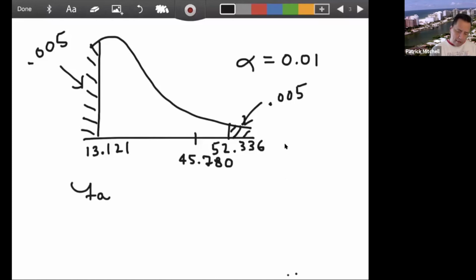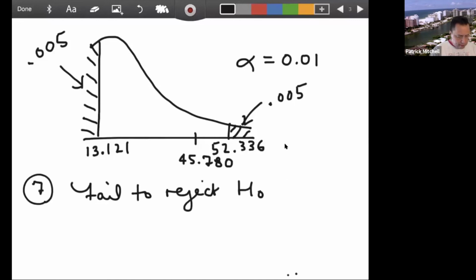Fail to reject. So let's see, are we on step 7? Yes, I believe we are. We are going to fail to reject the null hypothesis. And now we have to write our claim. Okay, so we're failing to reject the null hypothesis. The null hypothesis was that sigma equals 660.2. Since we are failing to reject that, we're going to say something like,